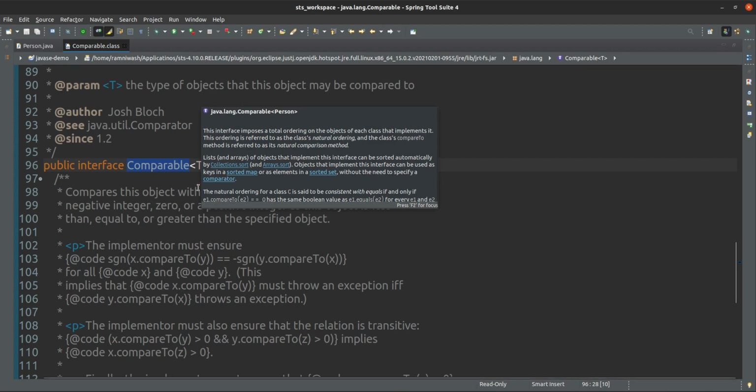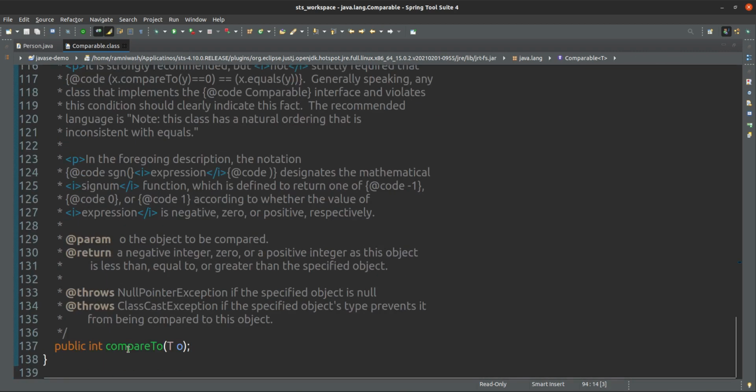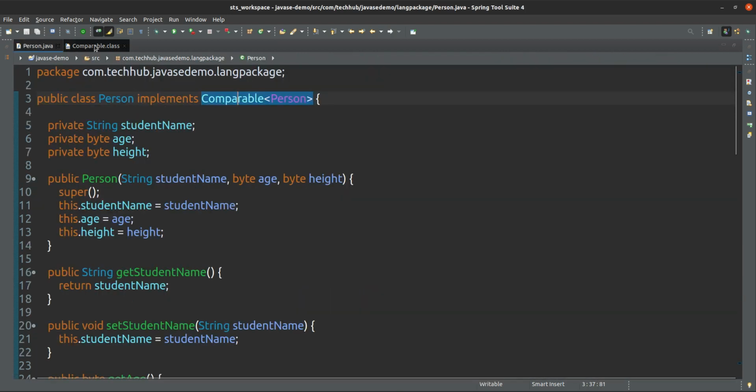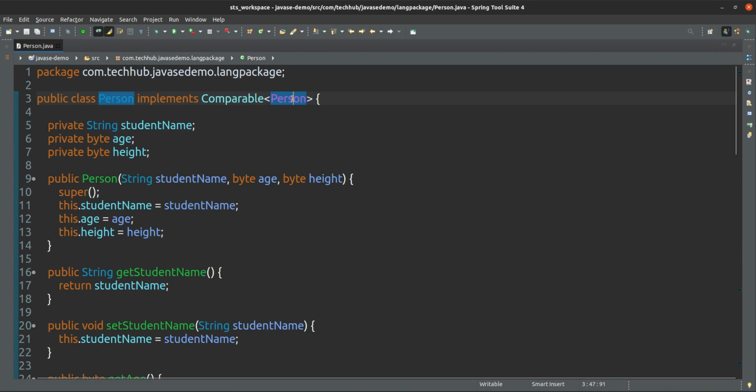So the Comparable interface, if you open it, is from Java 1.2, and it has only one method, compareTo, taking an argument of generic type, and the return type is integer. But if you see here, we are specifying the type.